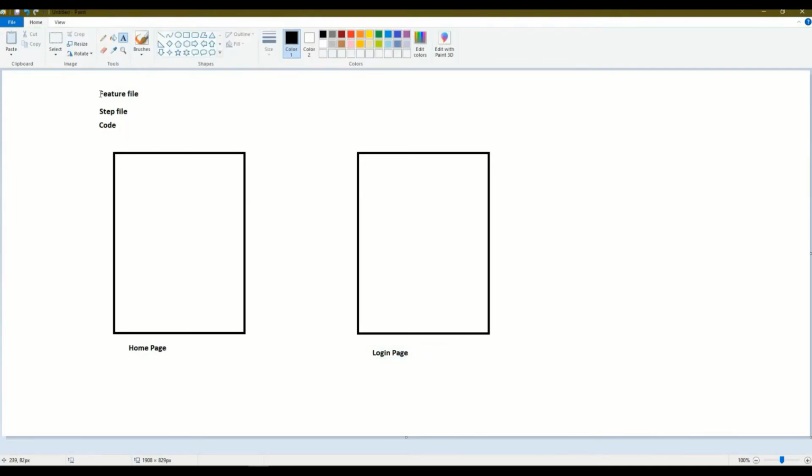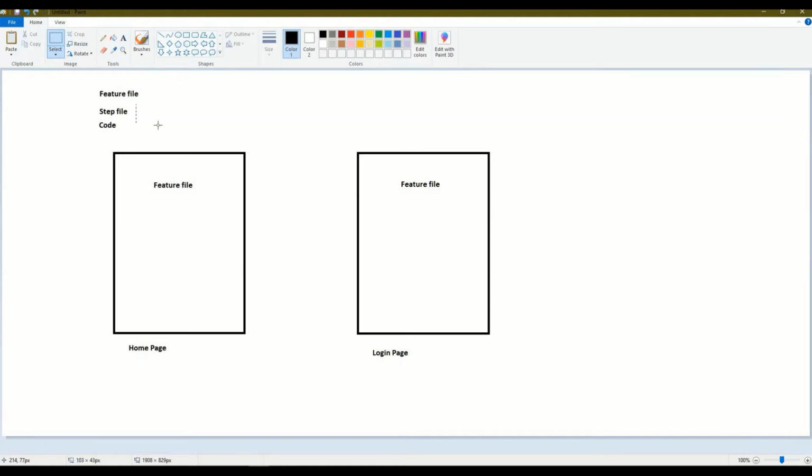So guys, we'll create a feature file for the home page separately, and a feature file for the login page separately. We'll treat these two as two different entities.